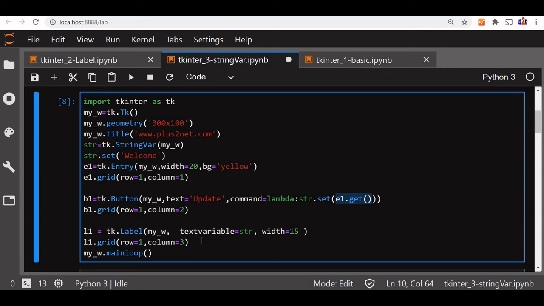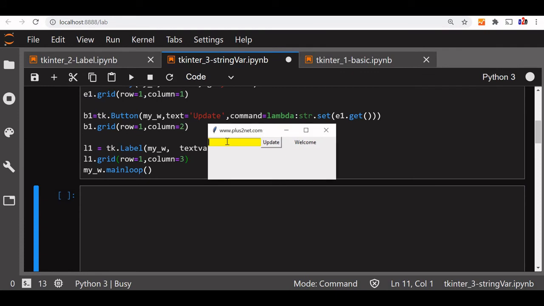And anyway we are assigning our string variable to the text variable for the label. So that's all. Now we should be able to run it. Let's see. Yeah, we got it. Now let's say test. Yeah, once more testing, we can display this.